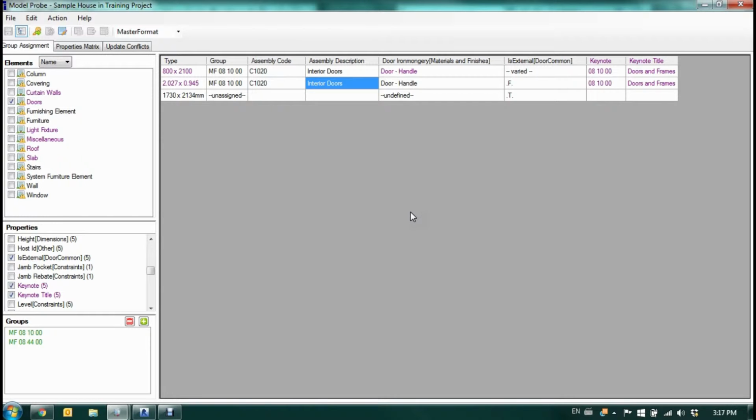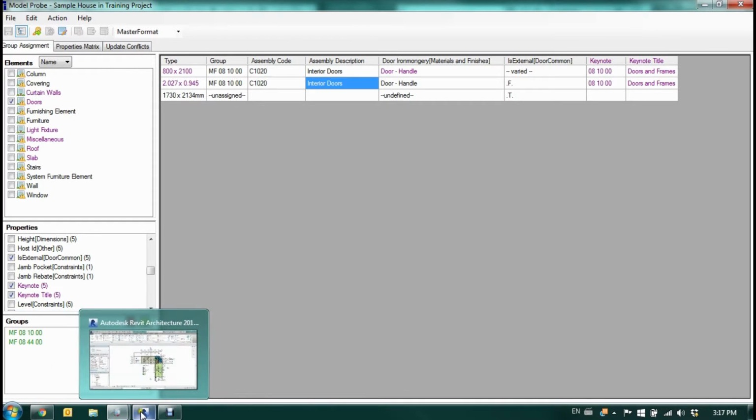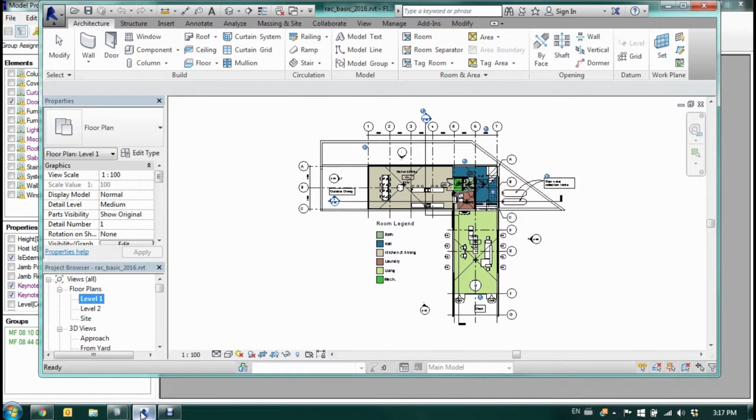He may be in a different company, maybe on a different floor. Could be the same person, of course, which is the case that I'm going to show you right now. But typically, the spec writer and the designer are two separate people. And Model Probe doesn't allow the spec writer to make changes directly in the BIM model itself. You can make changes within Model Probe and then feed them back to the designer to check. So let's flip back to